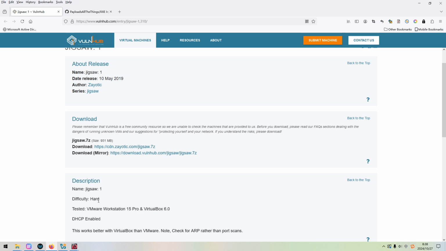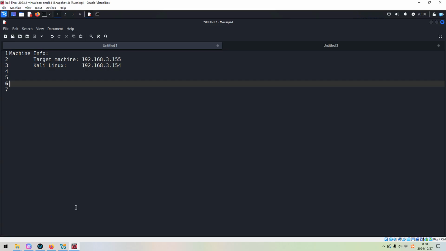We can head over to Kali Linux VM. I've already identified the IP address of the target as 155. Normally, we can do the port and service scanning with Nmap to identify the open port number and its corresponding service information. And then we can check to see whether any service has vulnerability or not.